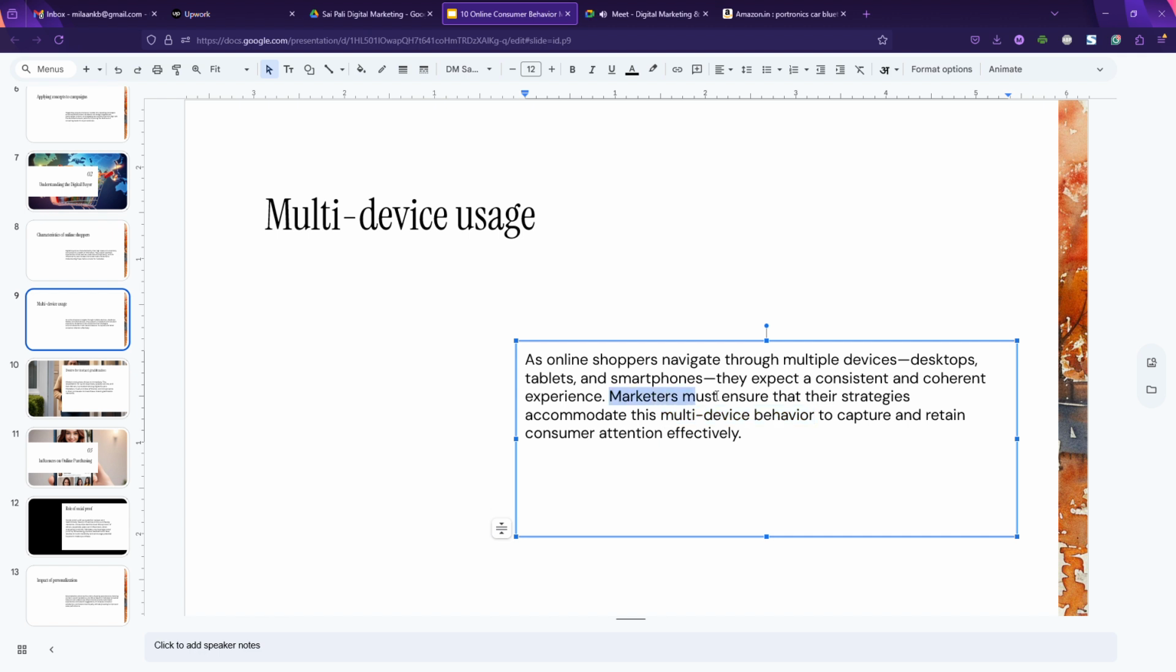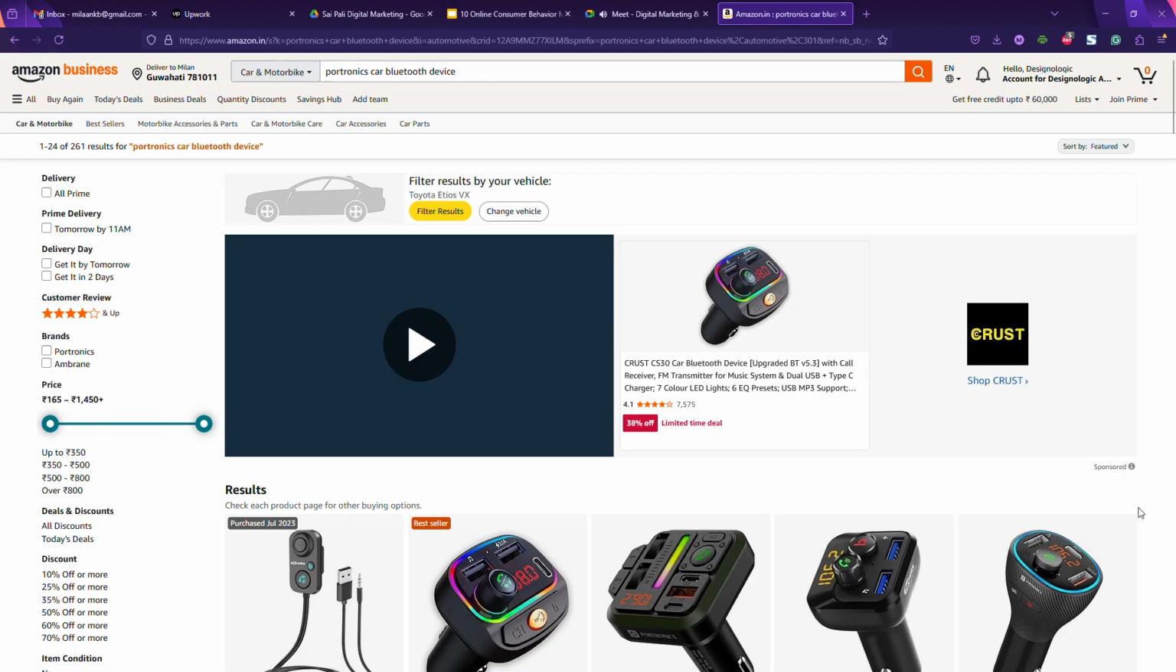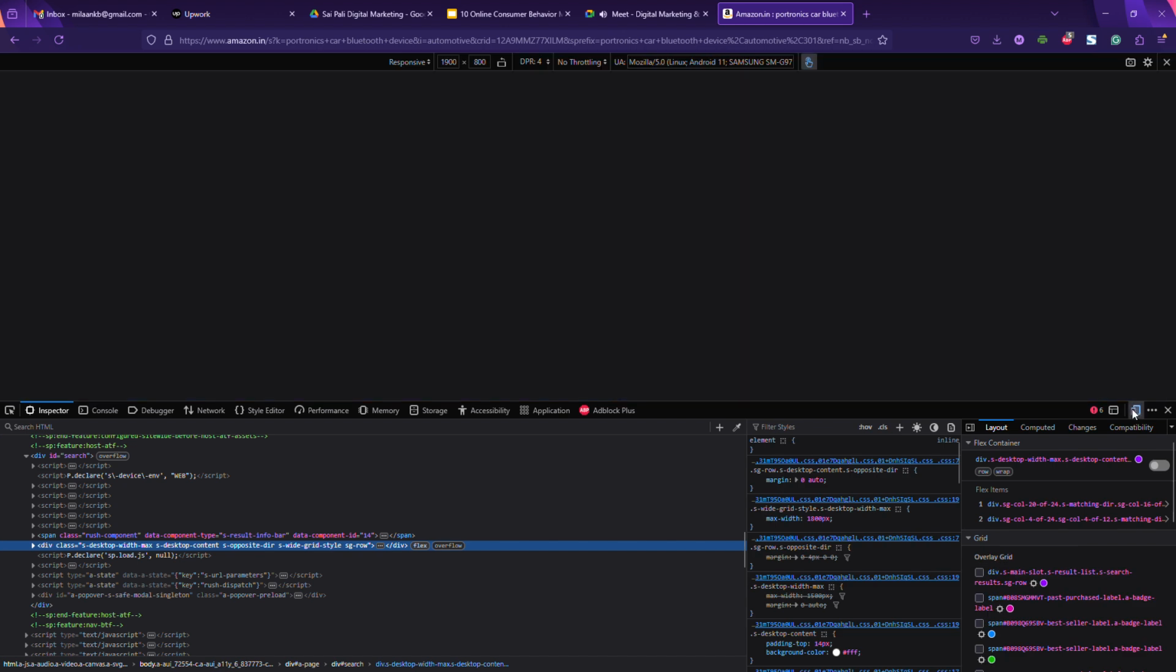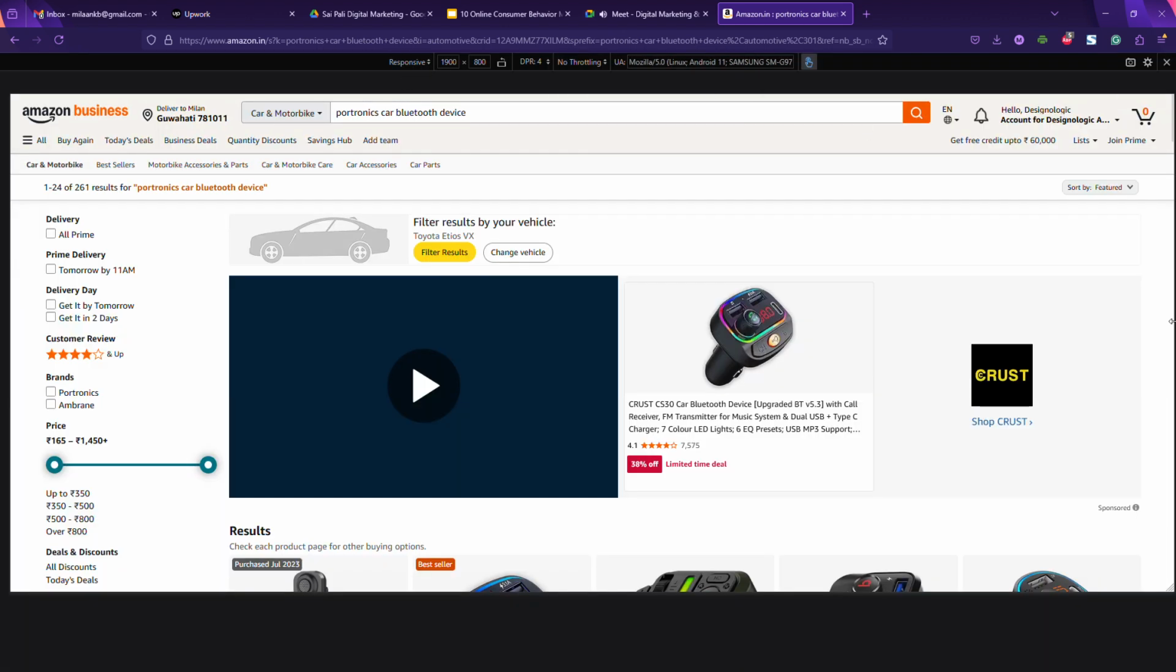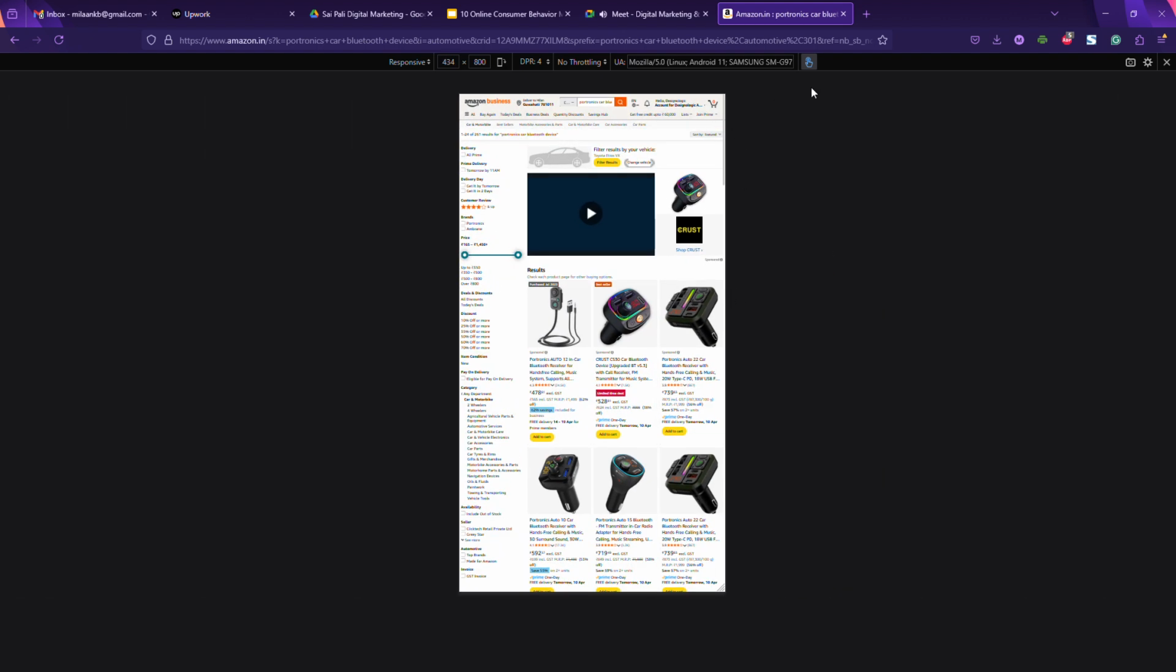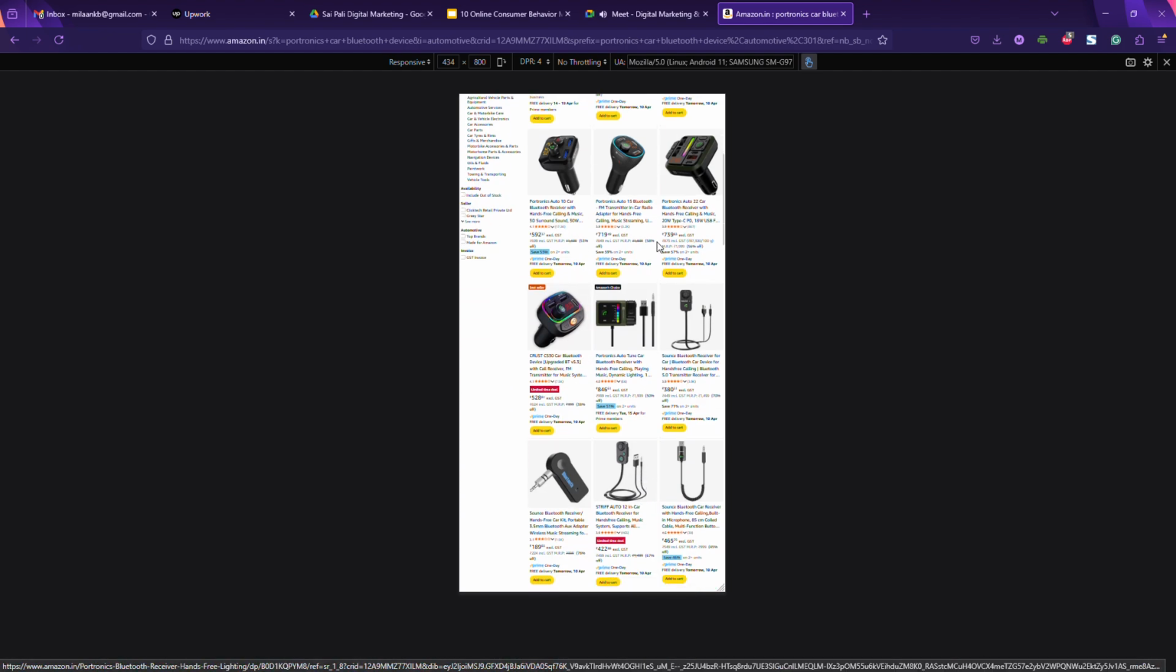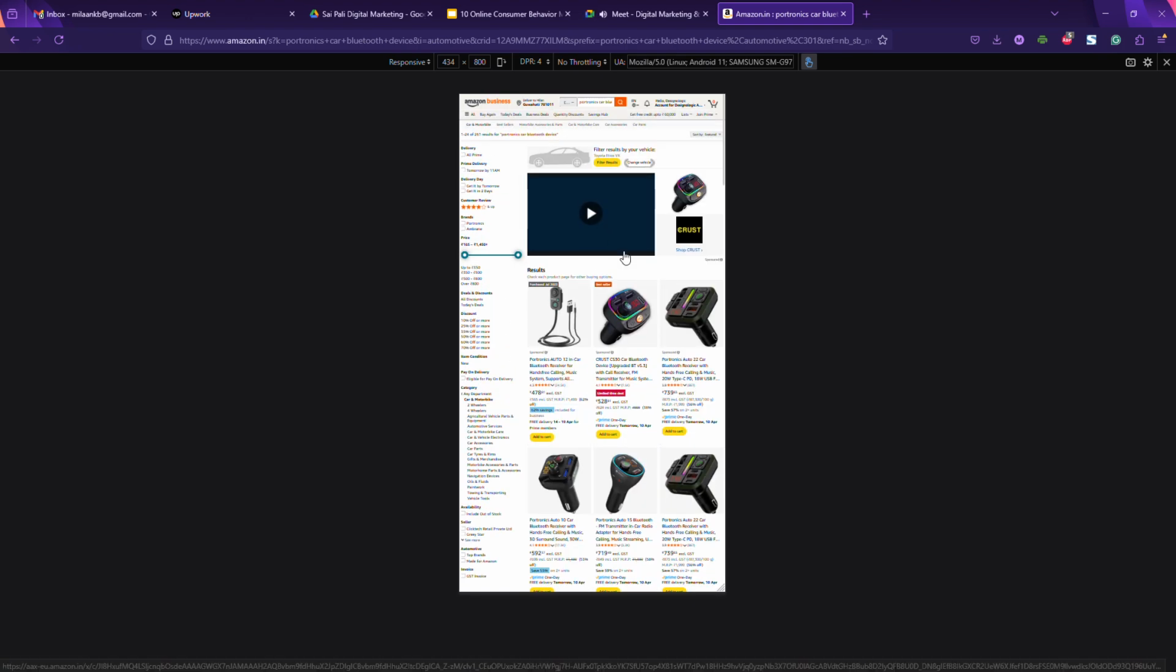So, marketers must ensure that their strategies accommodate this multi-device behavior to capture and retain consumer attention effectively. Now, with responsive design, on a computer we use a mouse to click through our things. On a mobile device, we go to inspect, responsive, and we create it. Then on a mobile device we have touch, where we scroll through our things. So the experience should be related to